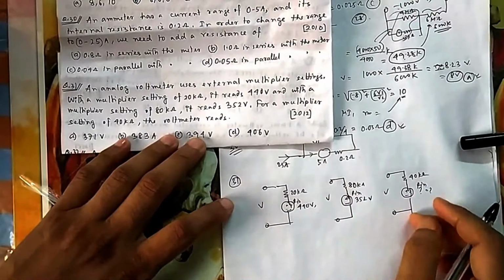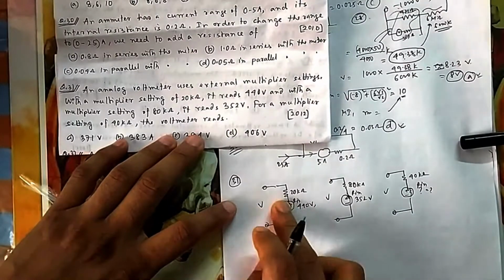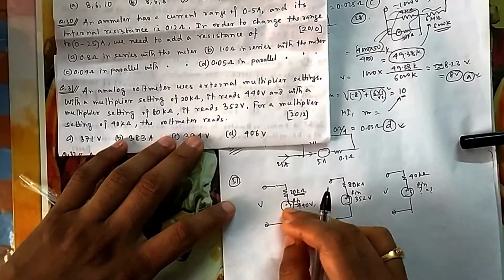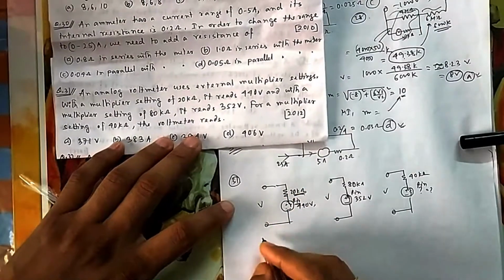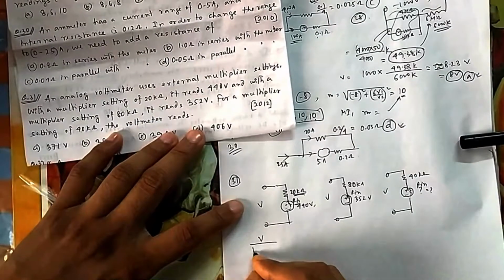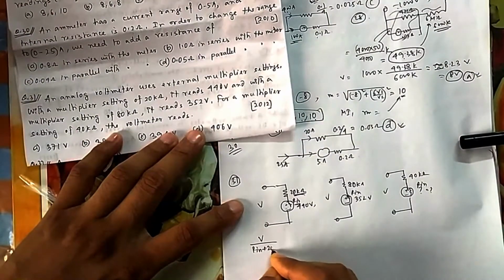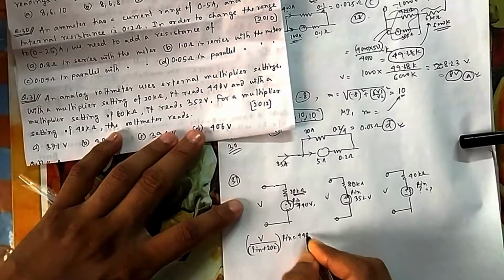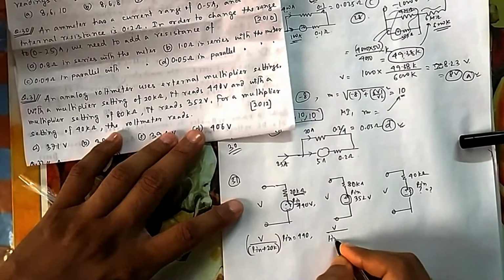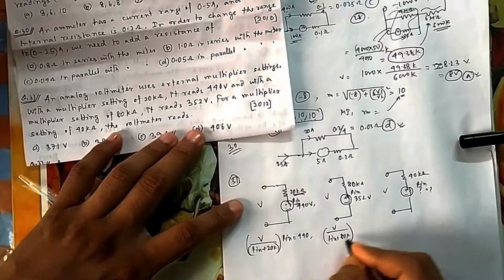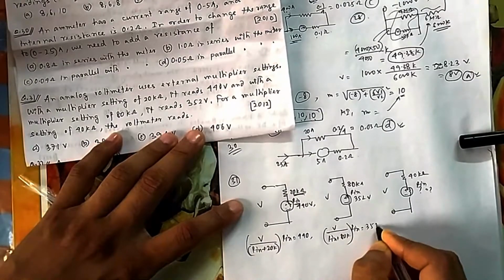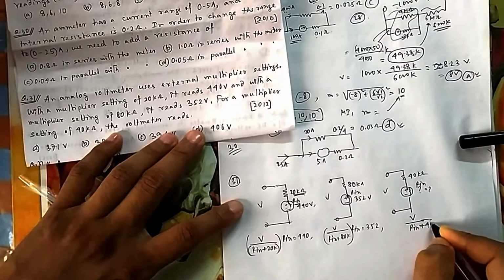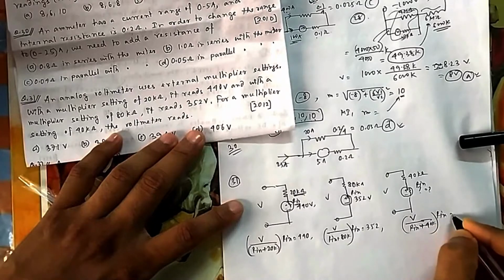What will be this reading, they are asking? Voltage is the same, so you can calculate here. This voltage is divided into two parts, 20 kilo and Rin. Whatever voltage is across Rin, inside the voltmeter, that is 440. So by voltage division, V by (Rin plus 20 kilo) multiplied by Rin is equal to 440. Here the same, V by (Rin plus 80 kilo) multiplied by Rin is equal to 352. Now they are asking V by (Rin plus 40 kilo) into Rin is equal to how much?